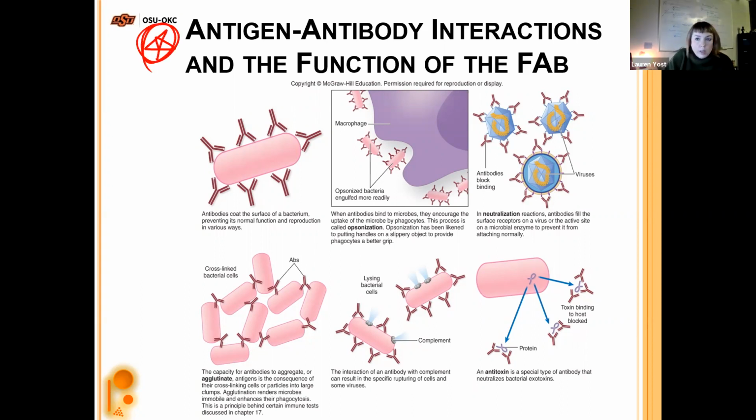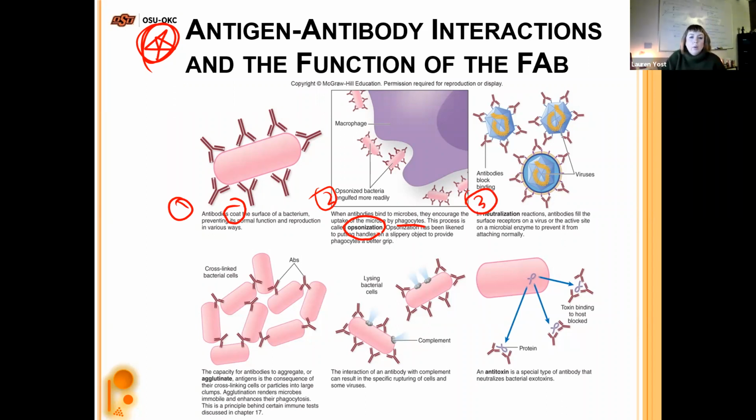Essentially, here's what they can do. Antibodies can coat the surface of a bacterium and prevent it from doing its stuff because it's coated. Antibodies can stick on the outside and, when they're doing the coating, help the phagocytes to eat them. That's called opsonization, remember? So that's one thing. This is the second thing. Third thing, another thing it can do,